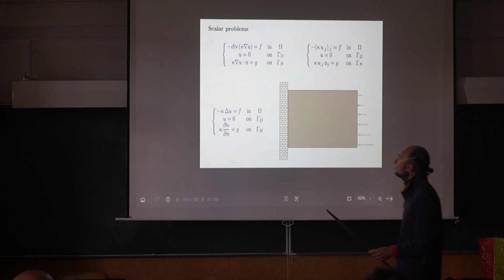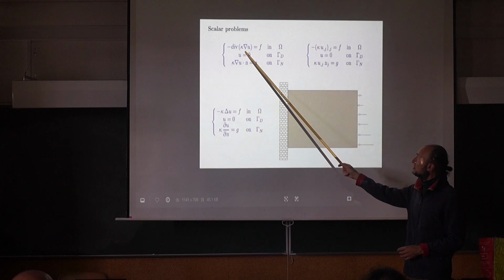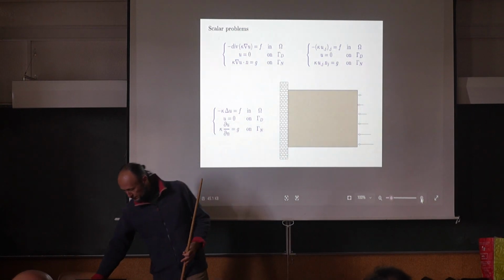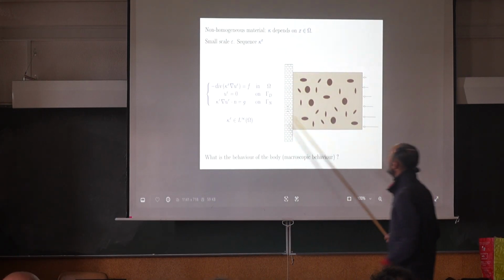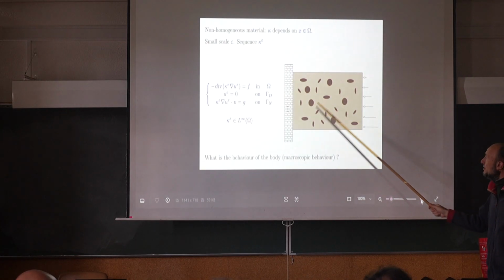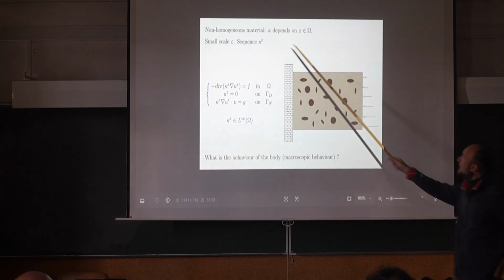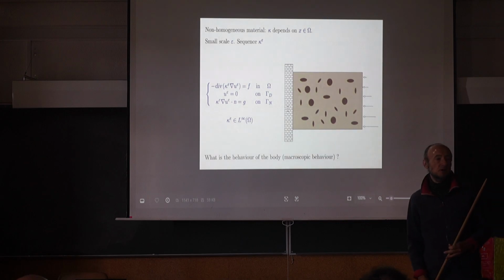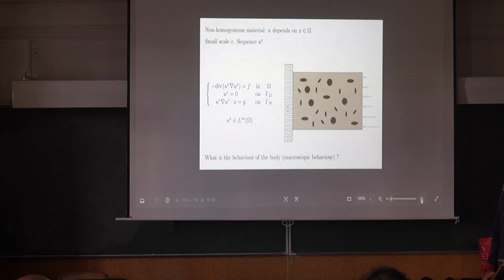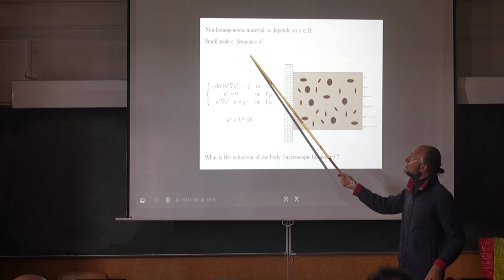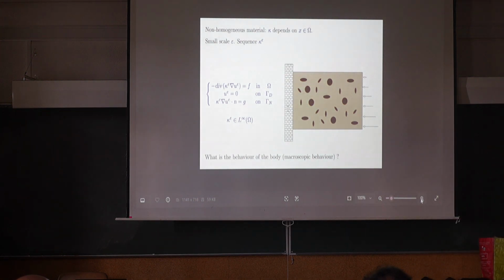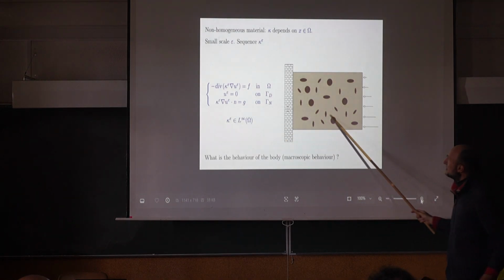But we will be mainly interested in the case when k is not constant. k varies from point to point, so you cannot do this. When k varies, you have here different colors, you have two different values of k. So k depends on x. But not only that, you suppose you have a small scale, so you suppose that the inhomogeneities are small. Mathematically speaking, you have to have a small parameter. You have to imagine a sequence of coefficients, a sequence of functions, k epsilon. Epsilon is some quantity going to 0. And k epsilon is a sequence of functions which describe